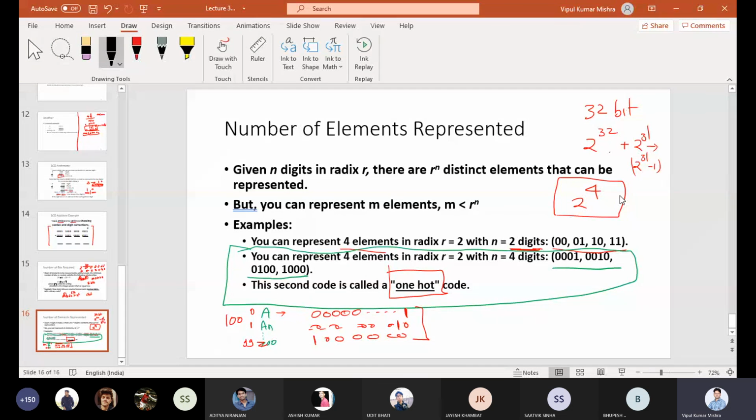Whenever you have a signed bit, suppose you have a total of 32 bits available in the system, but 1 bit is used for sign. So how many bits are required for magnitude? Only 31. Similarly, in C, C++, Java, there is a signed integer and an unsigned integer. You can check the range. It is double when you say unsigned, because in the signed case one bit is used for the sign, so your range becomes half.